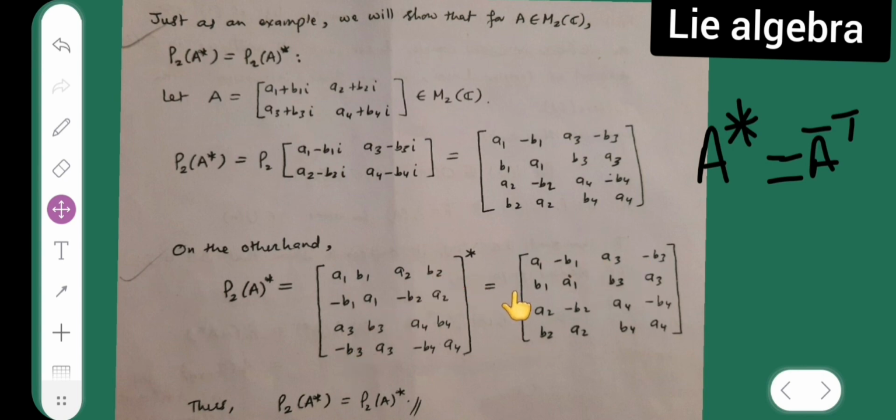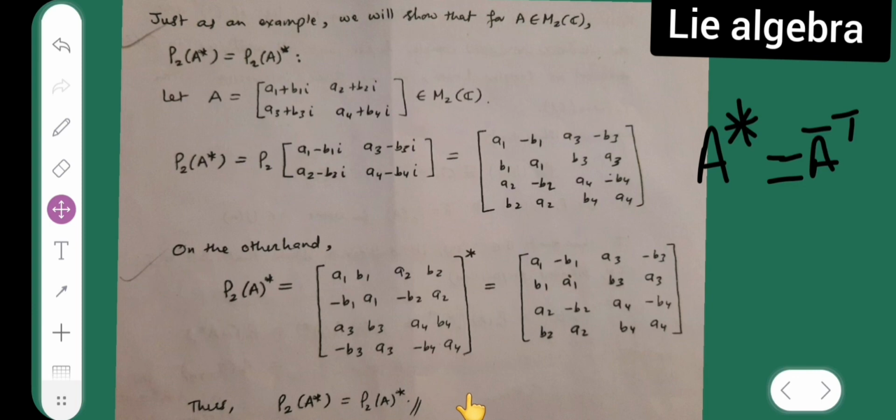So this is equal to A1 minus B1, B1 A1, A3 minus B3. Same thing over here, after solving this part, as A star is equal to A bar transpose. Then finally I will get rho 2 of A star is equal to rho 2 of A star. So finally we have proved.